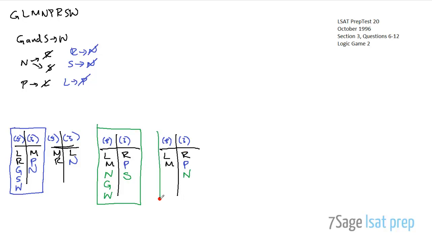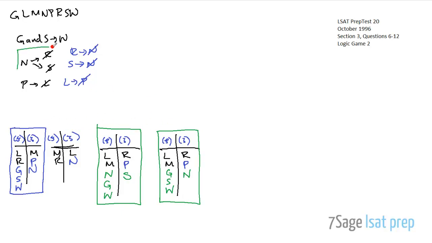And this one is too, right? Because we have 3 guys in the out slot, R, P, and N, which means all the rest of these, L, M, G, S, and W, are going to be in, right? So actually, by thinking a little bit about the scenarios that this could possibly play out in, and recognizing that